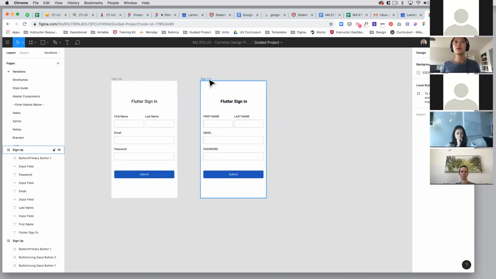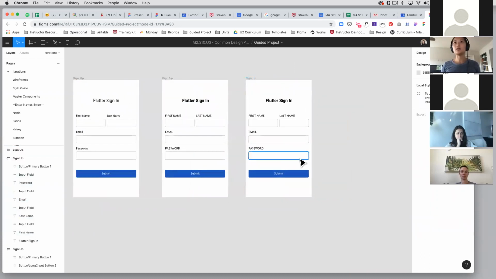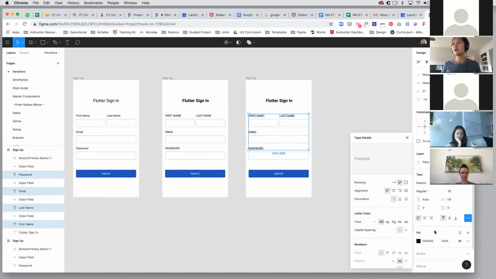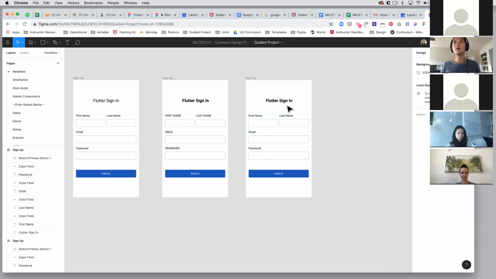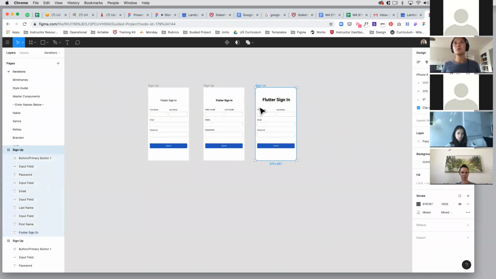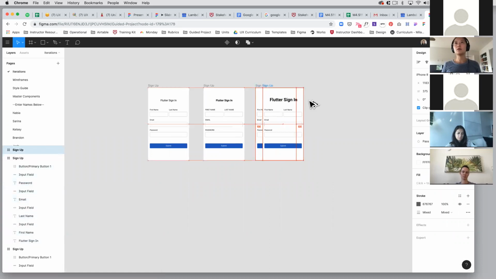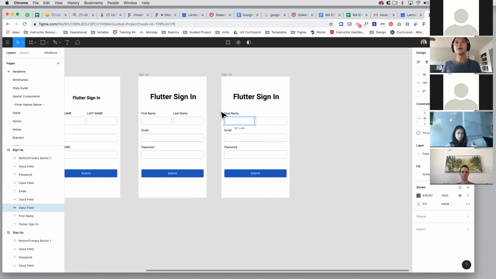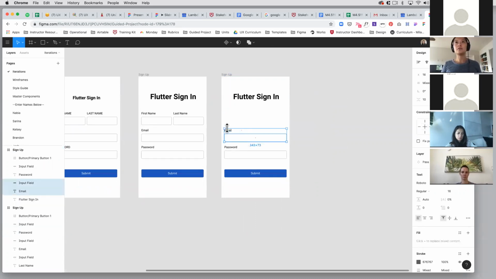All right. What if I made another iteration where, well, I don't really like how these are all capitalized? It feels like it's yelling at me. So, what if I left that alone? What if I made this a little bit bigger? Would that draw more attention? That seems a little big. Maybe I won't go with that. What could it look like if, instead of having first name and last name separated out, this whole thing just became first name,